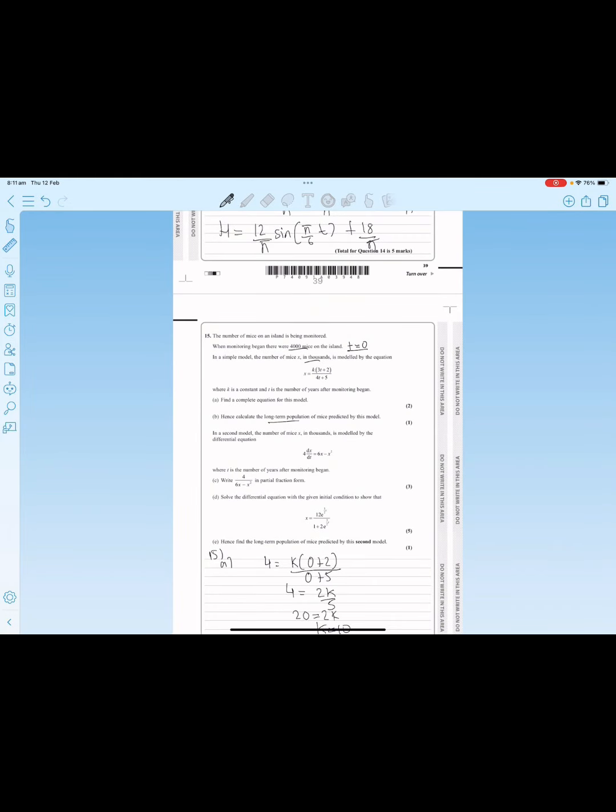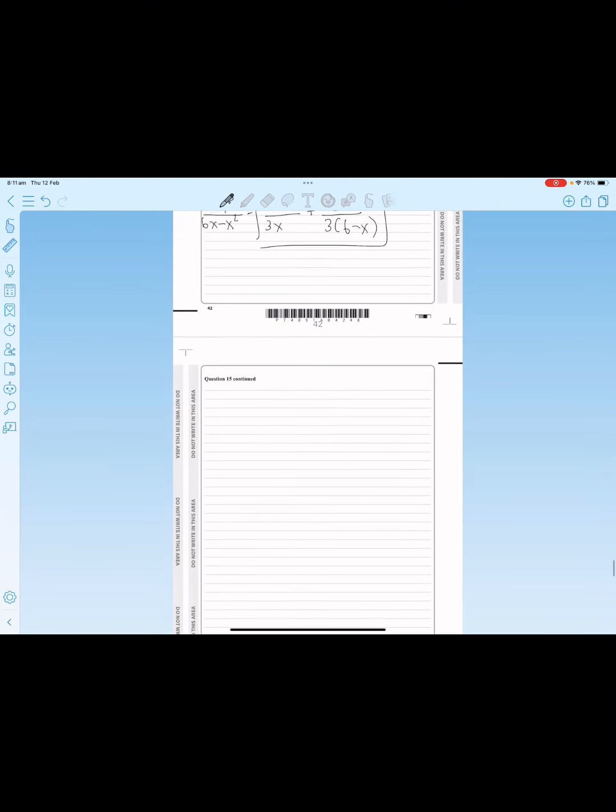Okay, in part D of this question, it just wants us to solve the differential equation with the given initial condition to show that x is equal to some expression in e. I'm not going to go too much into the expression. Let's solve it and see if we can get it to be something like that. And the initial condition is that when t is 0, we have 4,000 mice. Okay, so let's do part